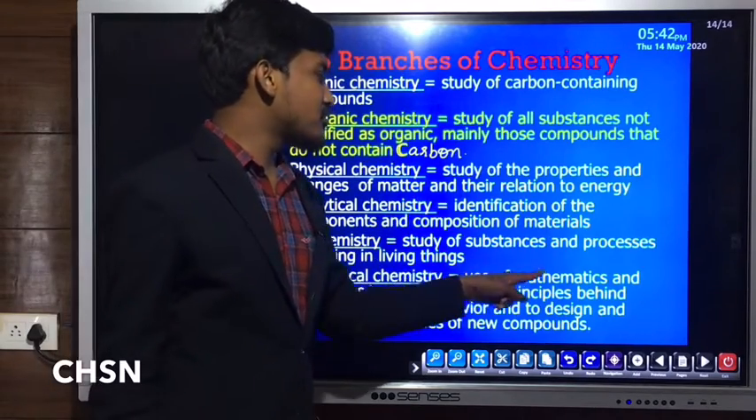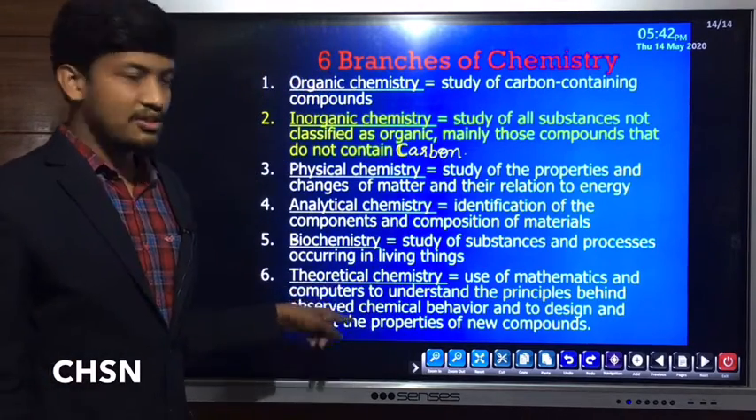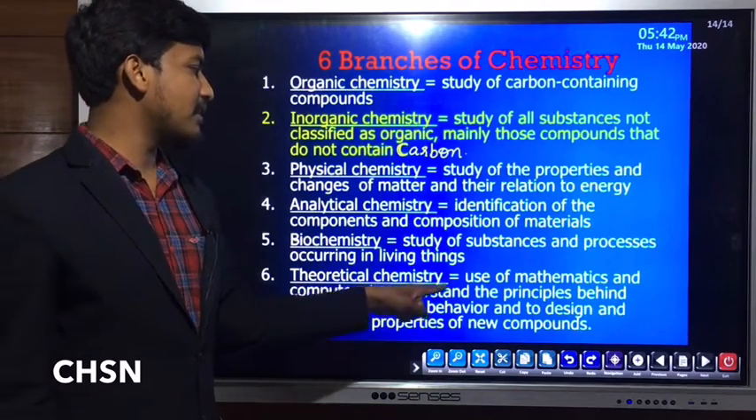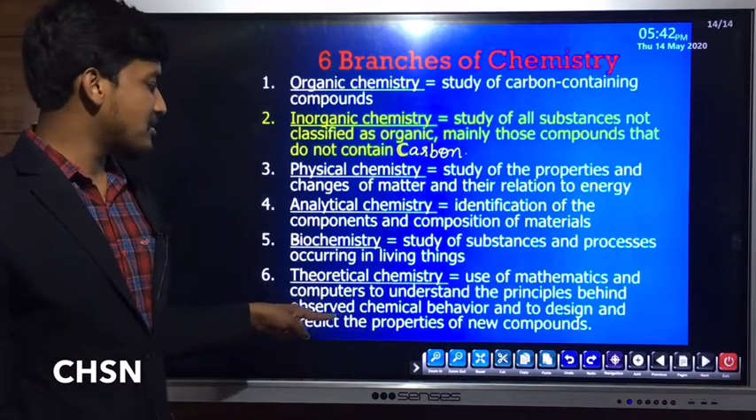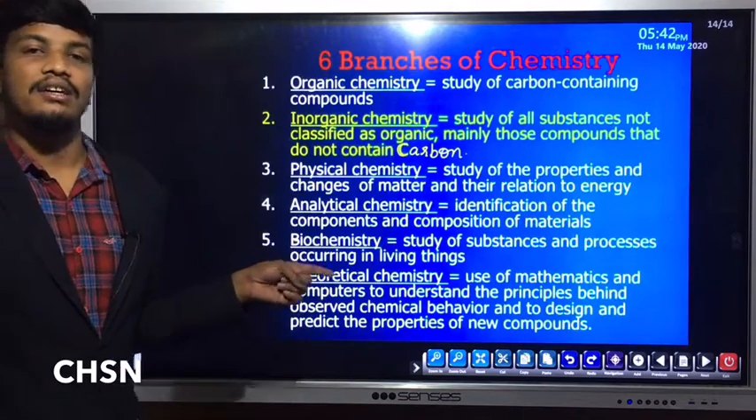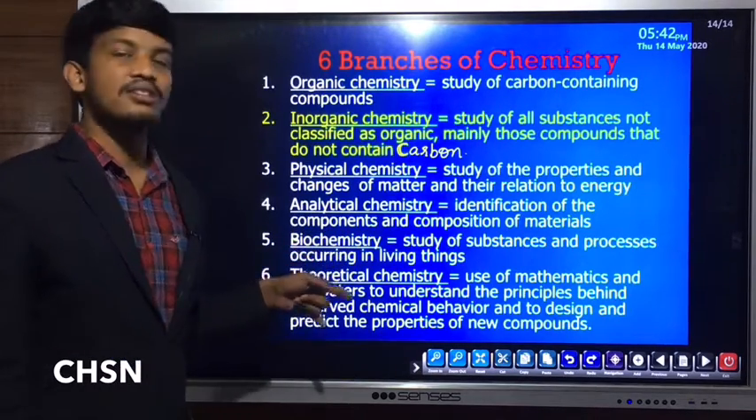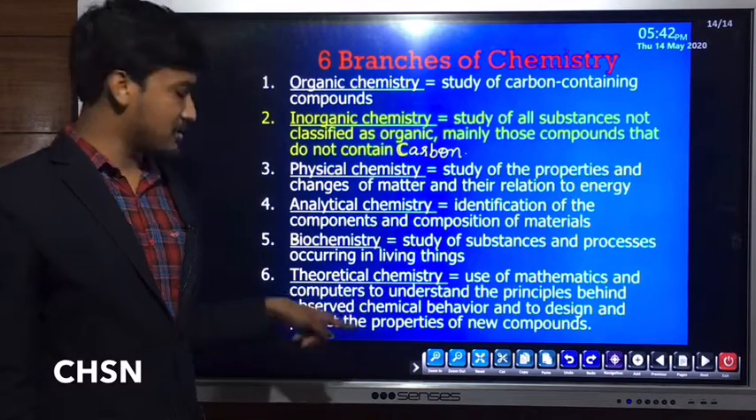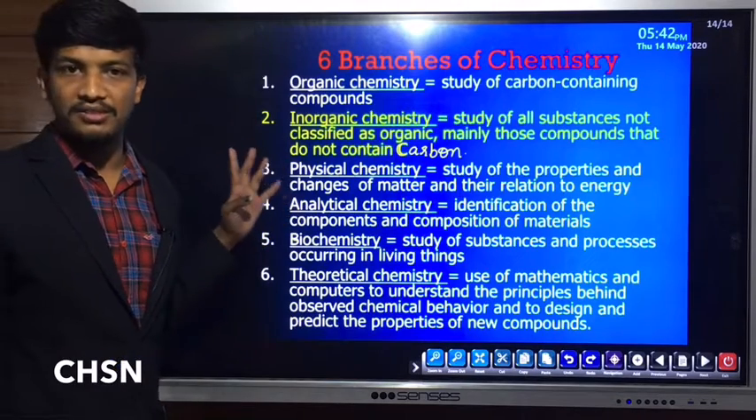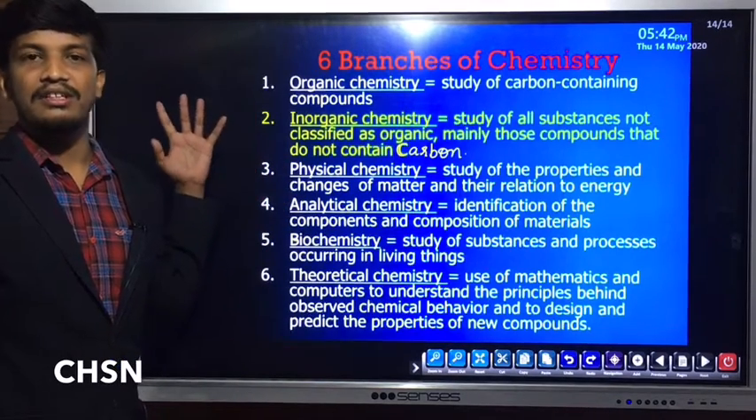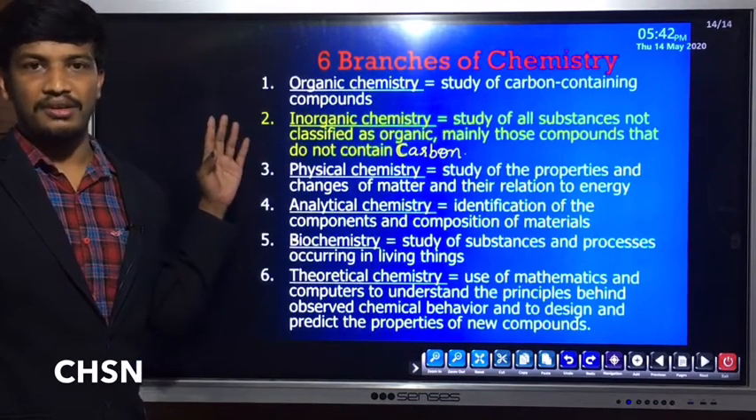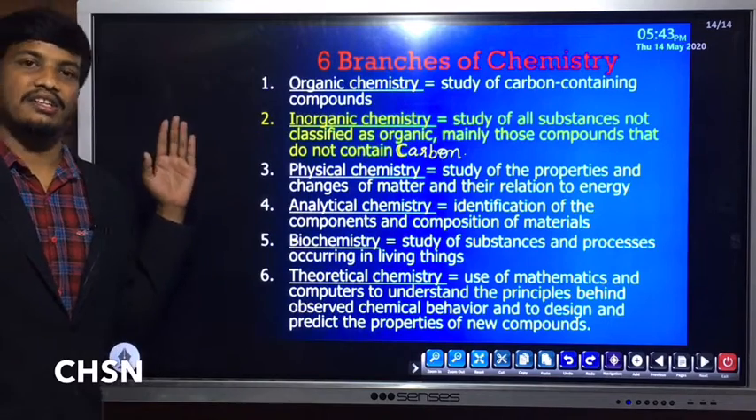It involves the use of mathematics and computers to understand the principles behind observed chemical behavior and to design and predict the properties of new compounds. So in this case, we use mathematics and computers to study matter. This is called theoretical chemistry. These are the important branches of chemistry. Other than these, we have many branches of chemistry like quantum mechanics, industrial chemistry, agrochemistry, environmental chemistry, clean chemistry, and